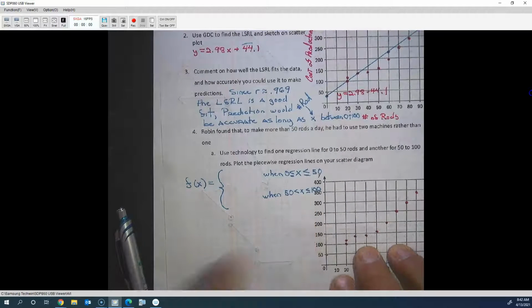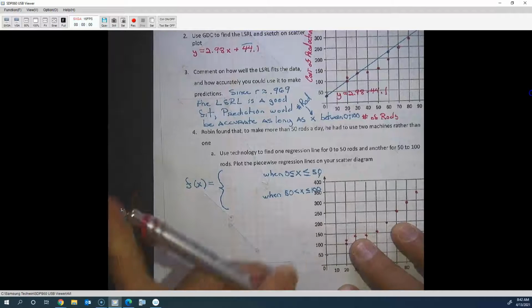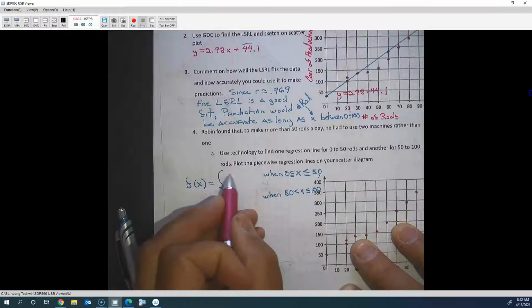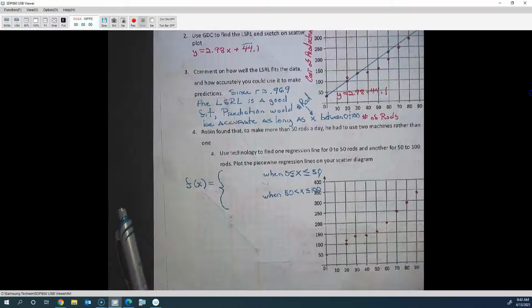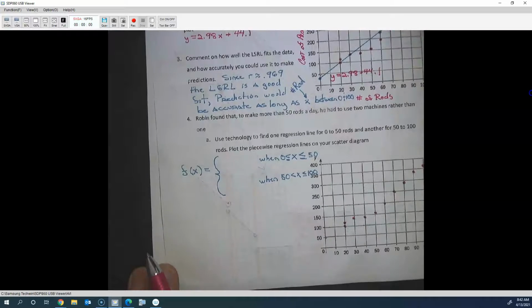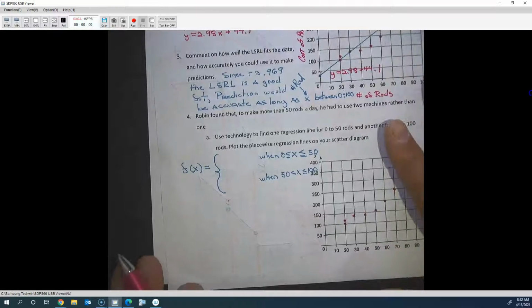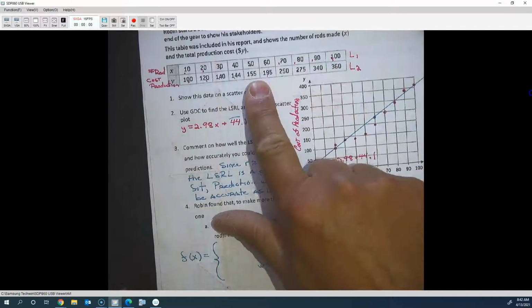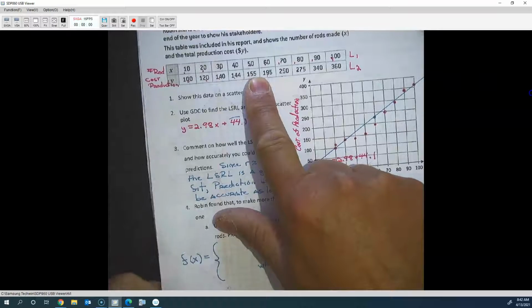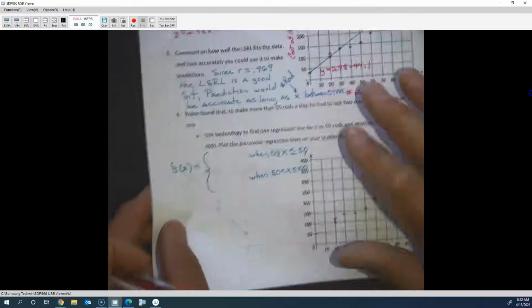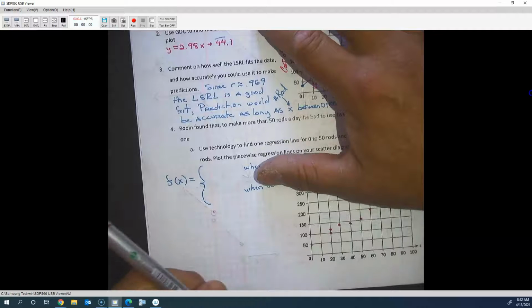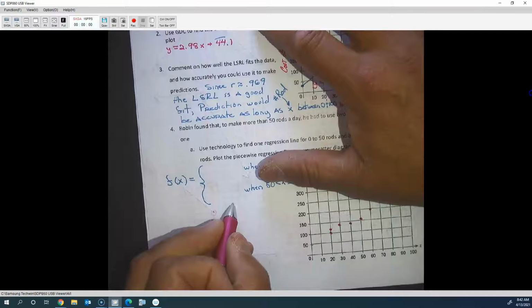Okay, so notice I didn't put an equals on this one. 50 is under the first one. Now basically what this means is you're going to take this table up here and split it. So from 0 to 50,